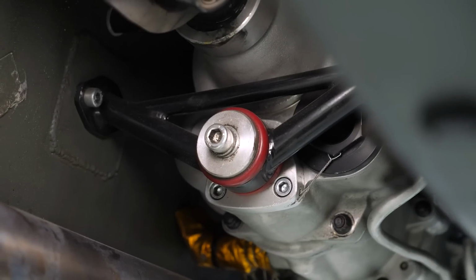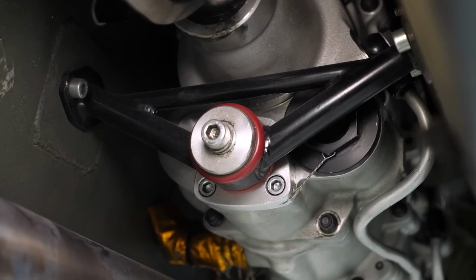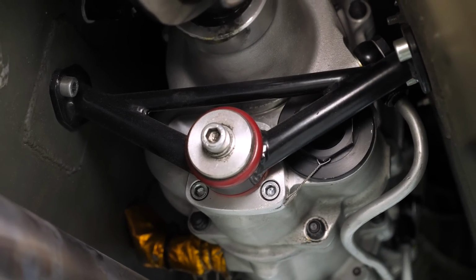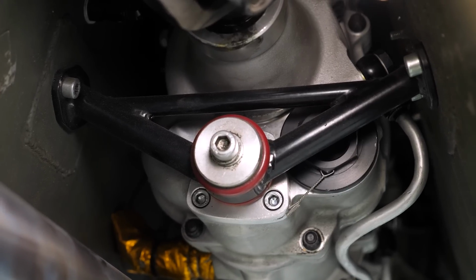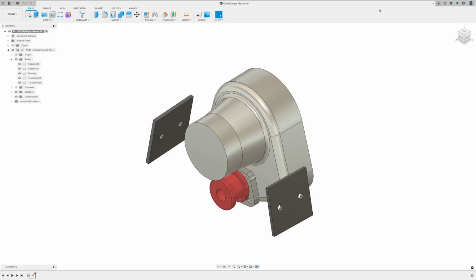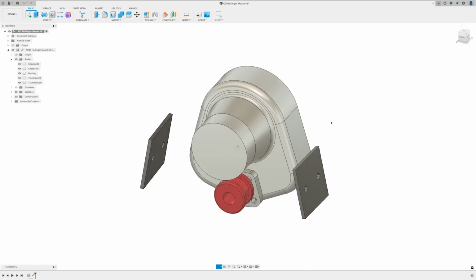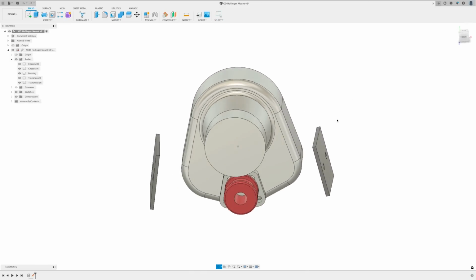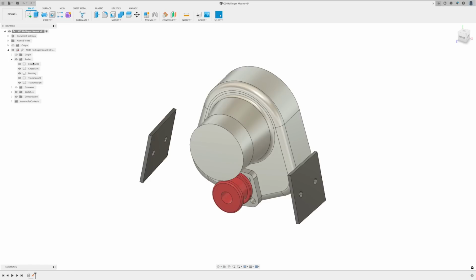The part has already been designed and fabricated and has served its purpose for multiple race seasons, so we know it's a proven design. Let's use the generative design process to explore alternative solutions that use the same mounting locations for the hardware to the chassis, as well as the Nolathane bushing between the mount and the transmission. I've modelled the chassis fixture points and a simplified version of the rear of the transmission, including the bushing in